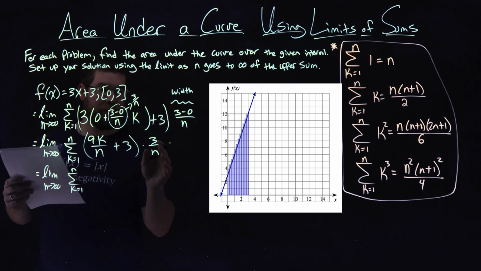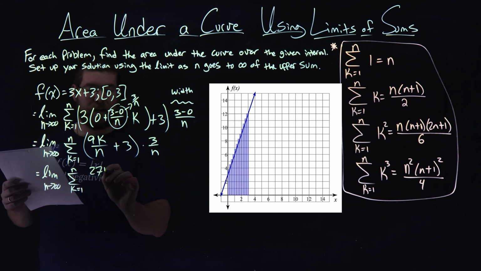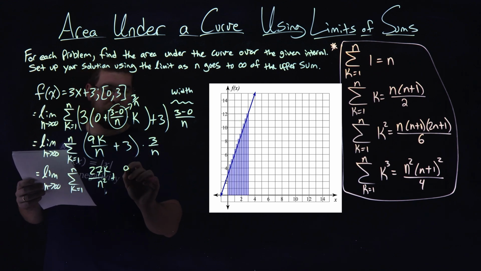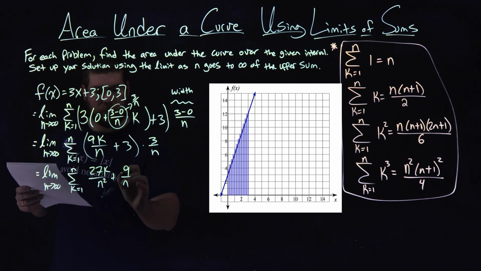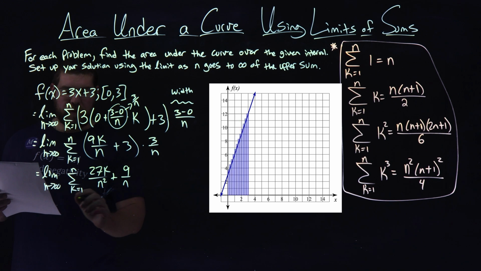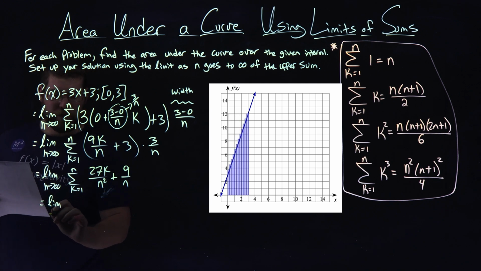Sorry, oh my goodness, I'm flipping things around. 3 times the 9k is a 27k over n squared, plus 3 times 3 is a 9 over n. So I got flipped around because I actually flipped this around. Okay? So to simplify this out one more time, before we take the limit as n approaches infinity, or the sums,